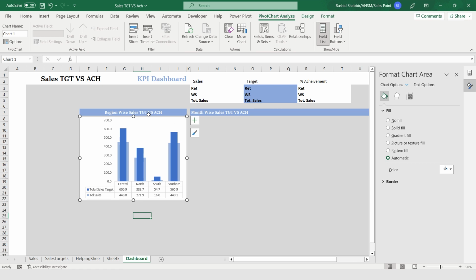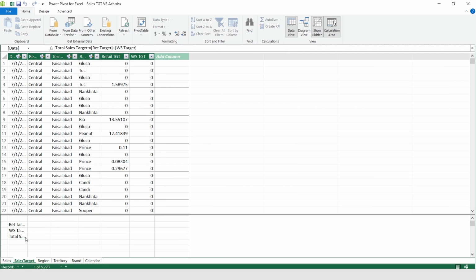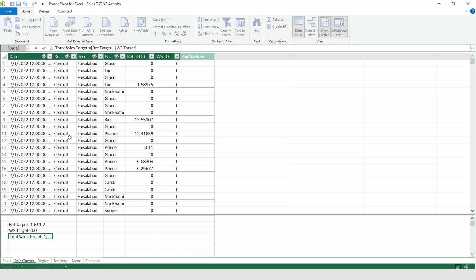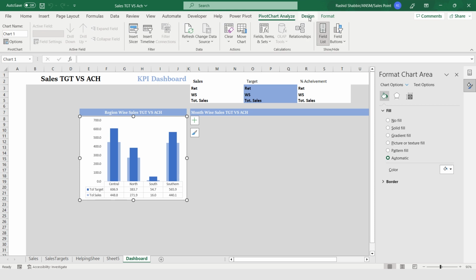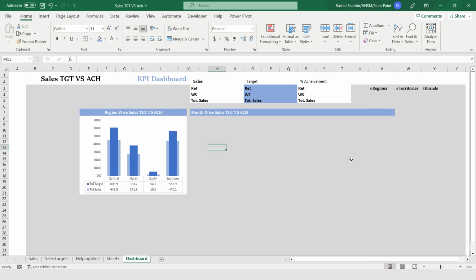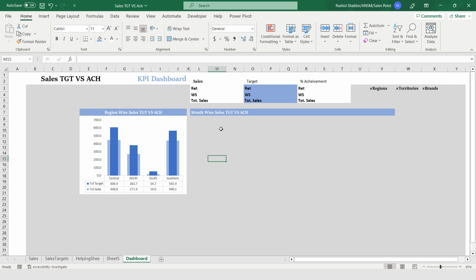So this is adjusted with reference to the width of this block. I'm going to Power Pivot, manage, and going to say target, and converting to the total target. I'm just going to adjust its height, format 2.80. So this is looking perfect. Now I'm going to insert the chart which will be showing sales versus target with reference to the months.